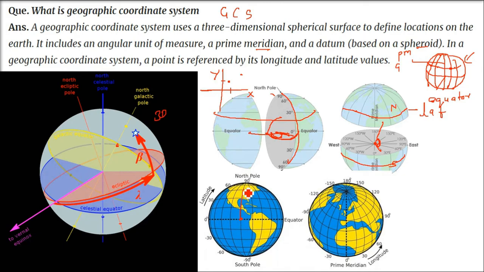Latitude goes from 0 to 90 to the north and 0 to 90 to the south. There is no negative. Now meridian, I'm talking about longitude. Longitude starts, so this is Greenwich, this is the prime meridian. From this point to the right side, that is eastward, it goes back. This is 180 degrees east. This is the eastern part. And on the left side, it is west. It also goes from 0 to 180 degrees. So in all it is 360 degrees.